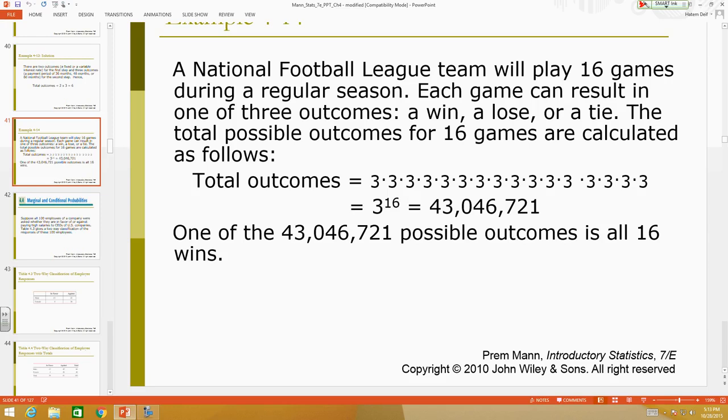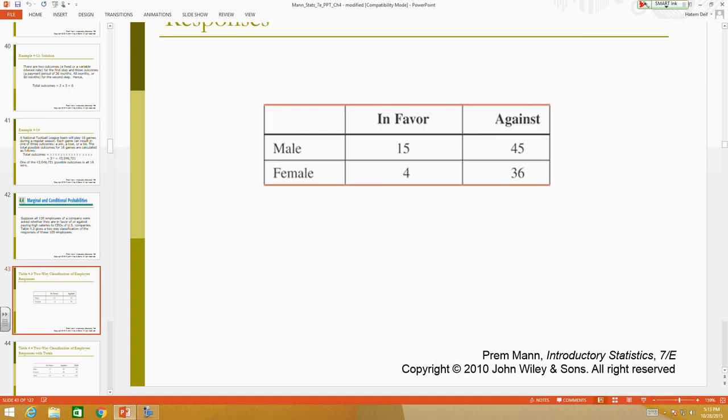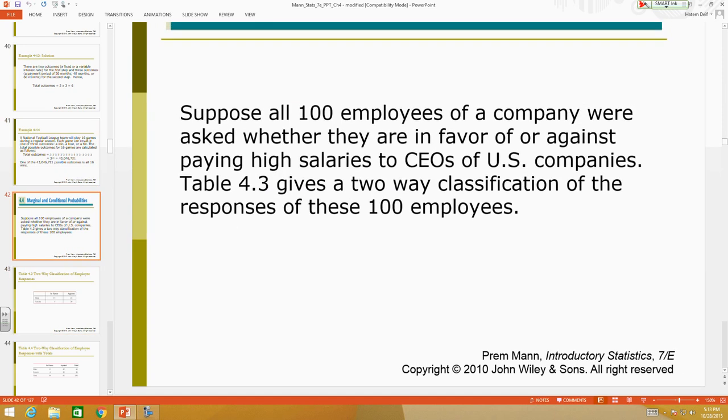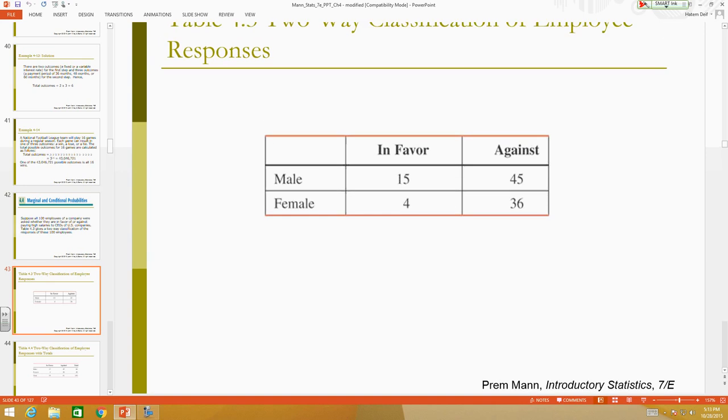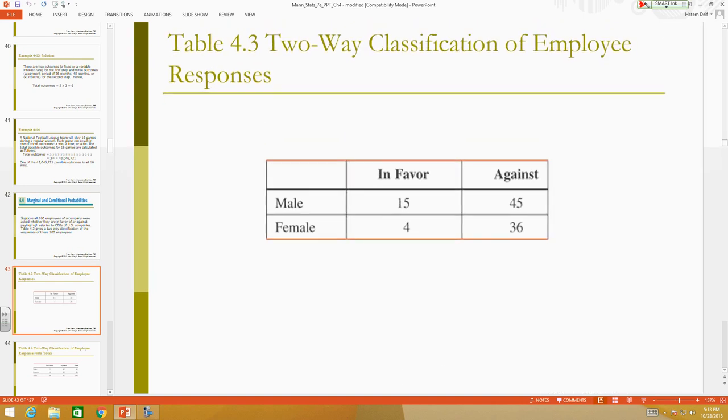Now let us start another stage, let us say, in chapter 4, which could be a little bit challenging sometimes. Okay, which is the two-way classification table. Here in this case, I have two-way classification, which means I'm classifying people into,